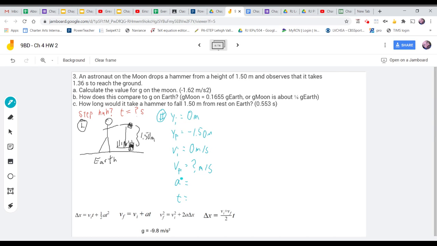A, what is accelerating this hammer? It's going to be little g, but remember, we're back on Earth. So we're at little g sub Earth. I mean, you don't really need to do that, obviously. And little g on Earth is minus 9.8